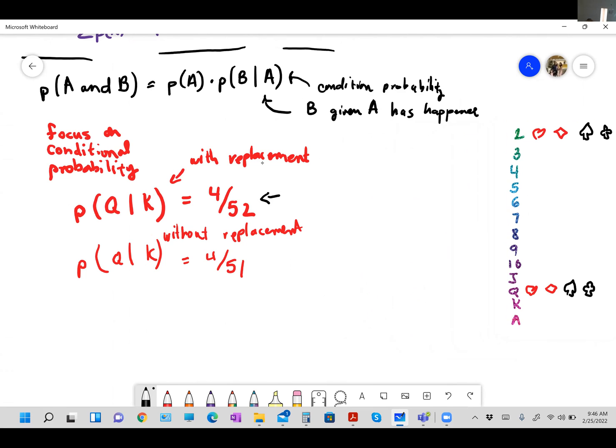I'll just hype it up. No, man, that's too much work. All right, look. So this one we would say that king and queen are independent, while here we would say king and queen